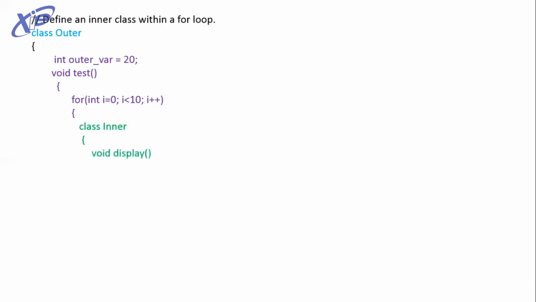Next type is we can define an inner class within a for loop also. See here, a class outer, and it contains a variable and a method. Inside this method we have a for loop. Inside the for loop we have created an inner class which contains a method display, and here we are trying to print the value of this outer variable,